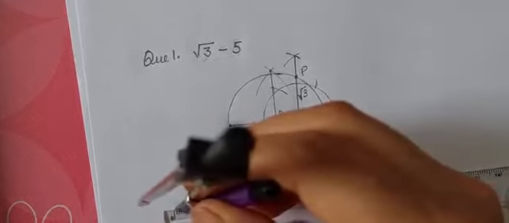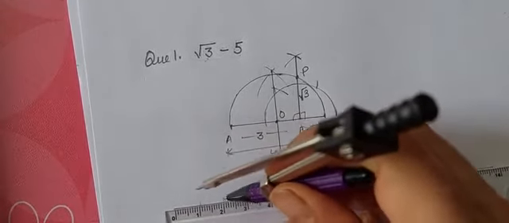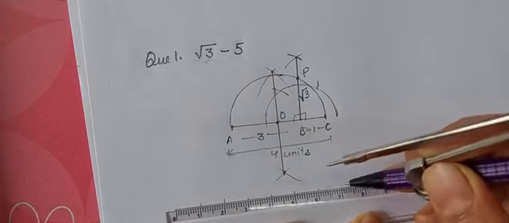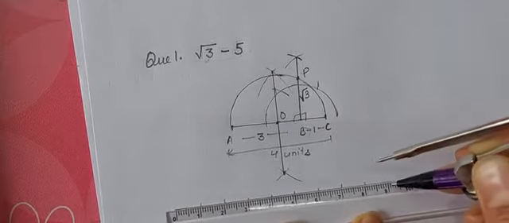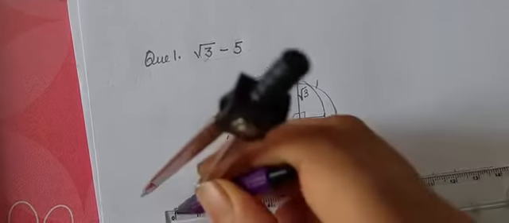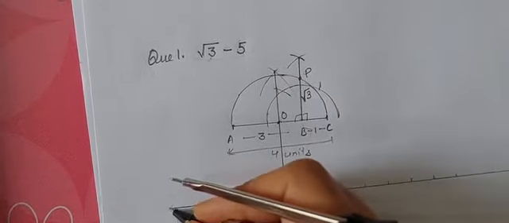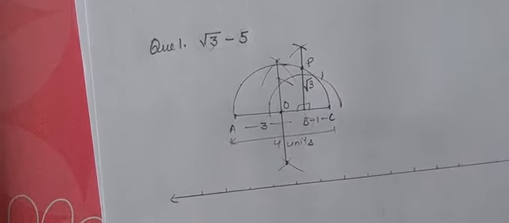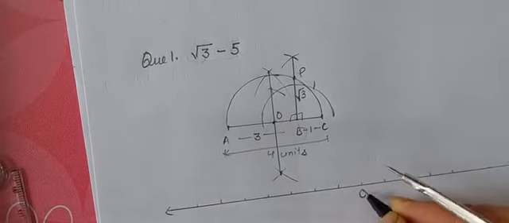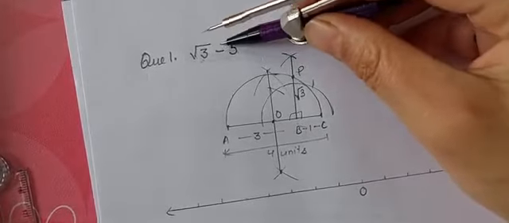Now we have got our root 3. Now this is our number line, which has our 1 unit as 1 centimeter. I have taken it as 1 centimeter. You can follow the inch scale and you can choose your 1 unit as 1 inch also. So this is your number line. Now where to write 0? See, you have to go 5 steps backwards.